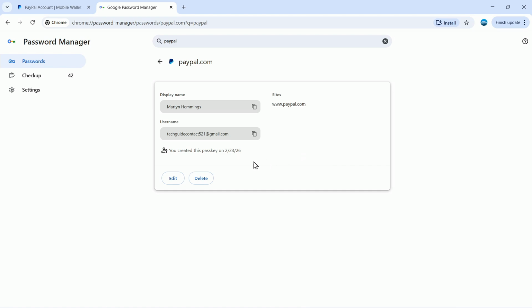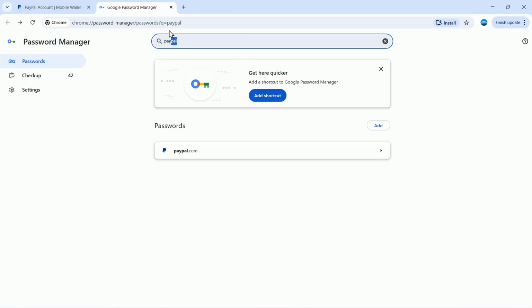So for myself, I've actually got a pass key, which is slightly different to a password. Basically, it's just a key where I enter a PIN, which is going to log me into PayPal. But if you don't have a pass key, you have a password, you're going to find information here on what your password is. If I show you this for another website, for example, so you can see how it works,